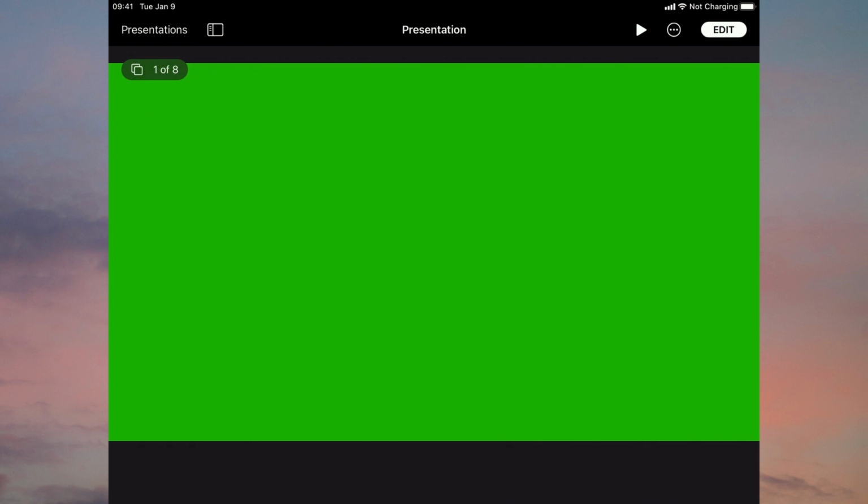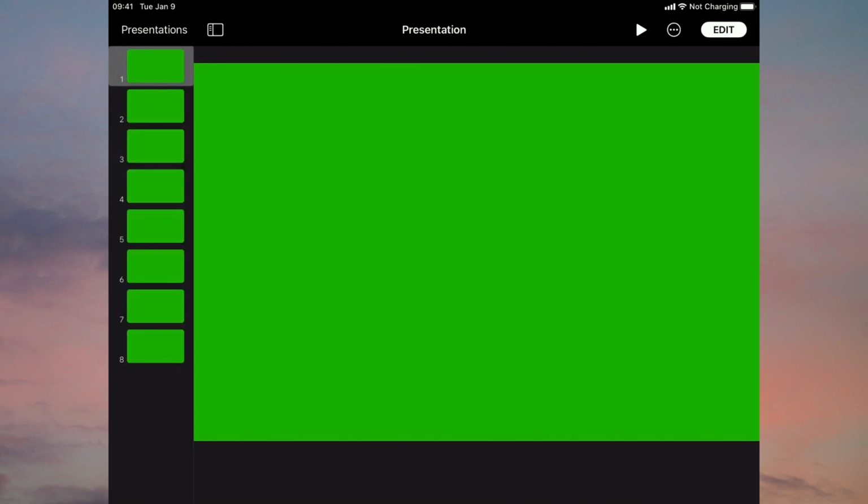I could now drag in with my finger on the left hand side, and it will bring in that list of canvases that we have available to use. So you could check to see which canvas you're on if that's of concern to you. Again, to go back into the proper presentation mode that we want, we go back up to the play icon, the white play icon at the top. Just press that and that moves us back into that screen. And remember, we just touch the lower black area with the pen, and that brings up our coloured pen tools.